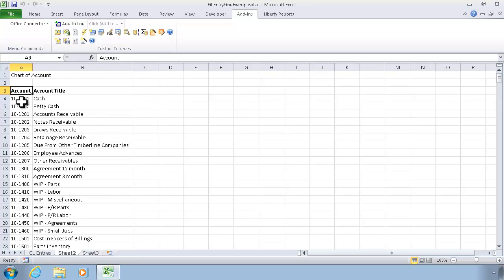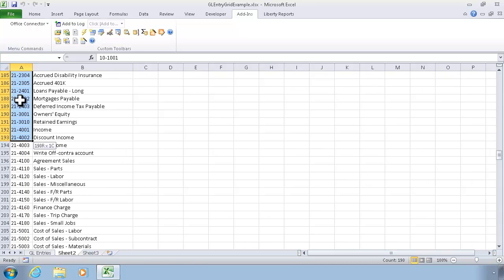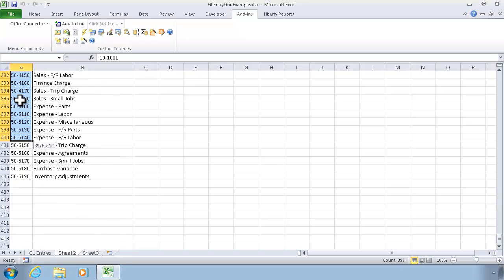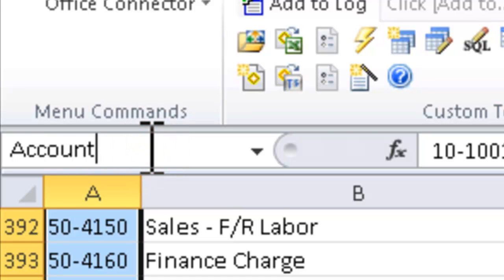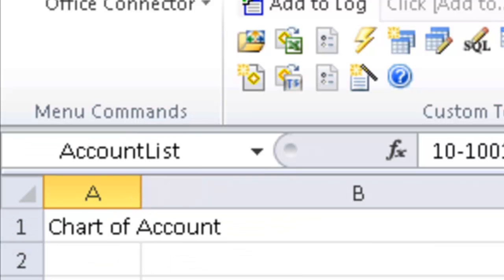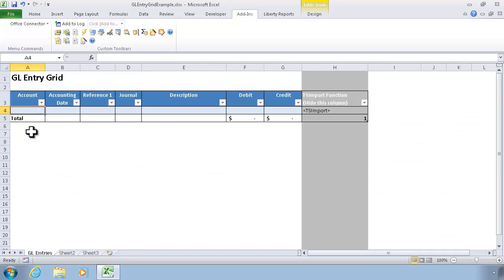Okay, so now I have a list of all of the possible general ledger account numbers that I could use. The next step is I'm going to identify the cells that contain just the account numbers. So I'm going to select all of those cells, and I'll go up to the name box right here and give that range of cells a name. The name that I gave it can be referenced from anywhere in the workbook. And the advantage of that is that now I can go back to my GL Entries worksheet, click inside the Account field,